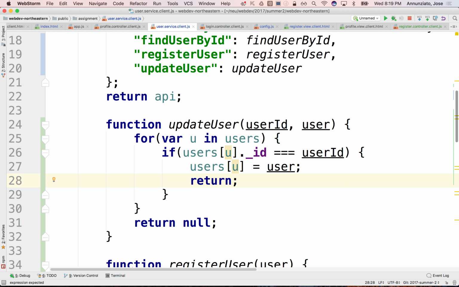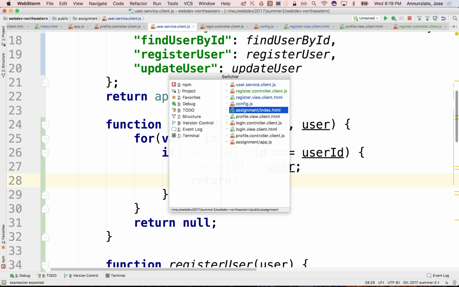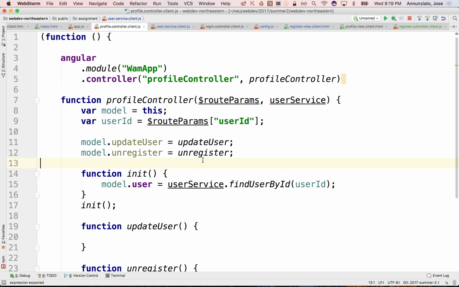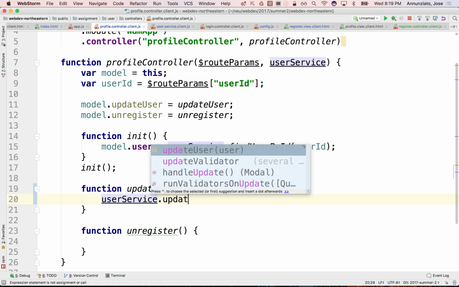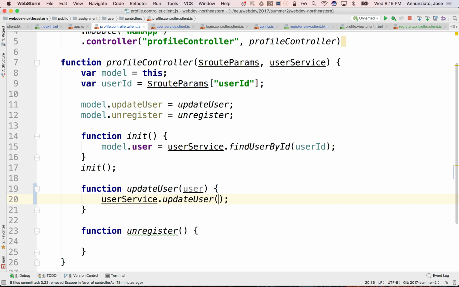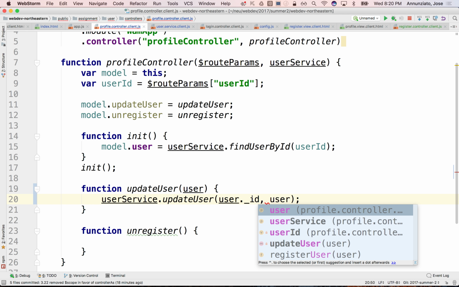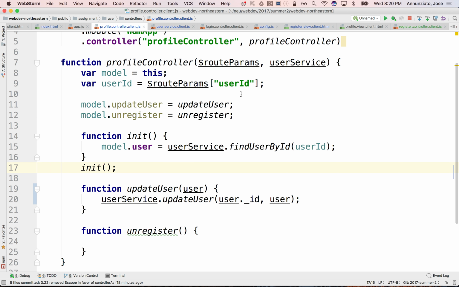But that would be invoked from the controller, right? From the profile controller. You would have update user, and the update user would have the user object that comes in here, and it would call user service dot update user, and presumably it's the user and the ID of that user plus the user object. Yes? But I'm going to leave it up to you, right, to finish up on your own. It's almost done, right? So let's